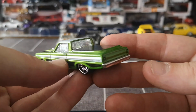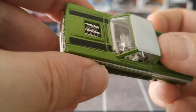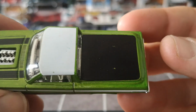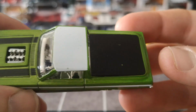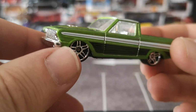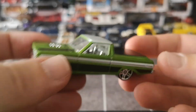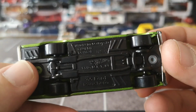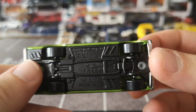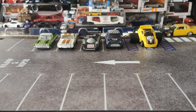But same condition. I mean, this thing's clean. The only thing I could fault is this tiny little chip on the white portion of the roof, and a couple small little nicks on the flat black bed cover. But at the end of the day, it doesn't get much closer to blister pull than that, and I think this has the potential to make somebody real happy. So 65 Ford Ranchero, yeah, cool stuff. Let's see. Yeah, next up,